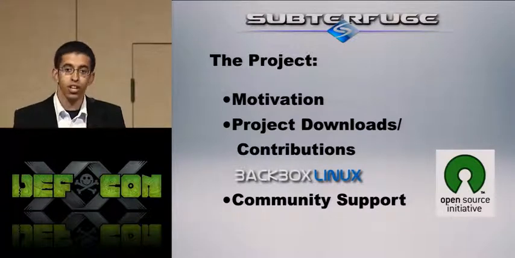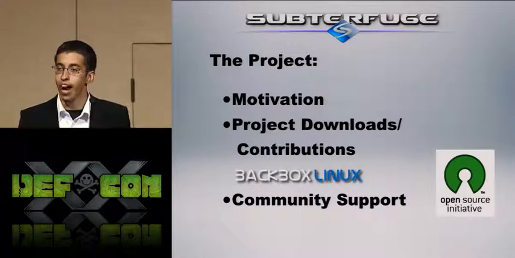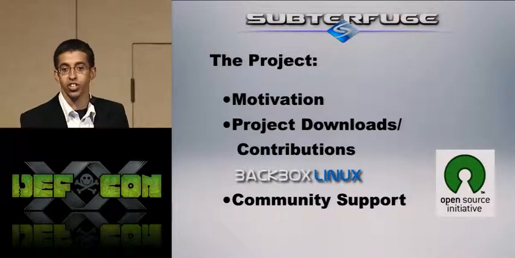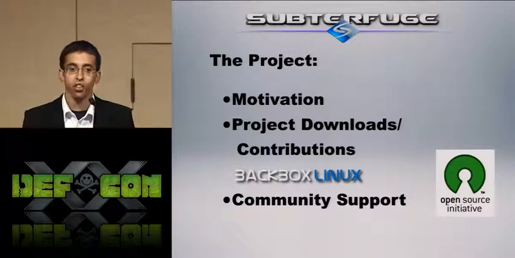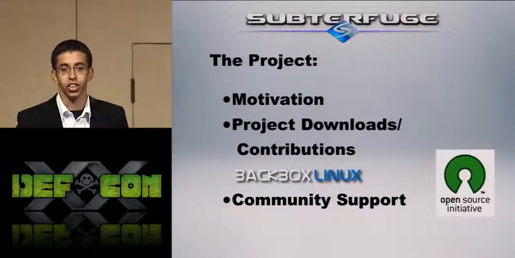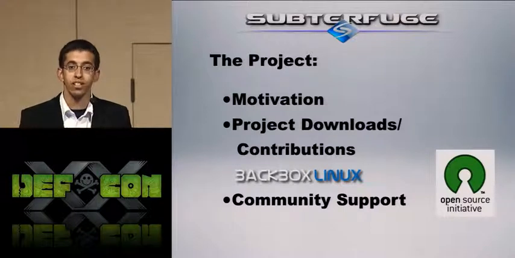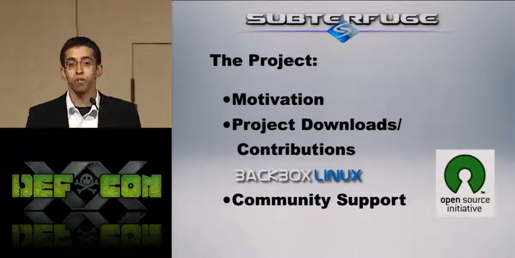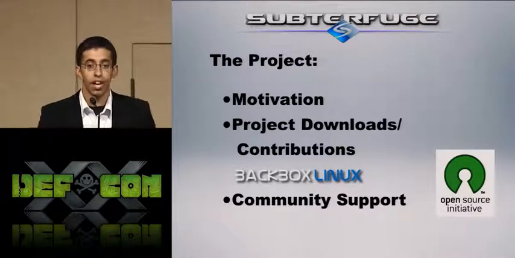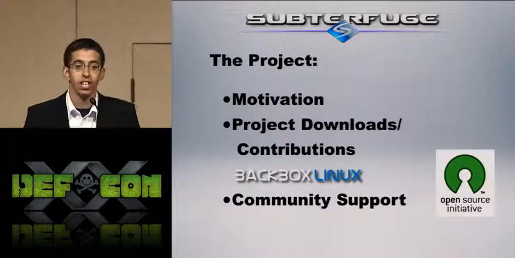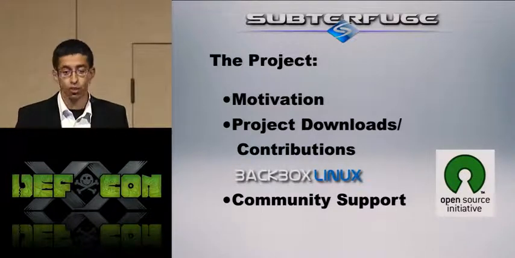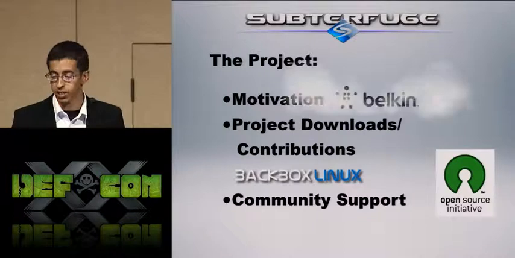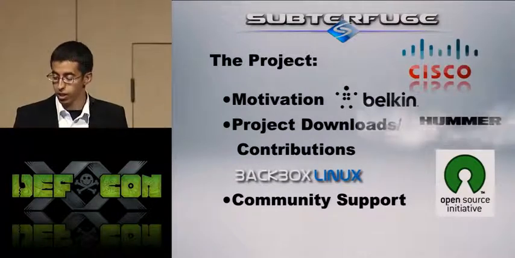So Subterfuge makes it obvious to anybody, no matter how tech savvy or non-tech savvy you are, just how vulnerable on the network you are and exactly what you're getting. So rather than just, oh, somebody's man in the middle, he's seeing my traffic, what does that mean? We actually display, here's what you got, here's something else you got, there's a real risk, and here's the threat. So hopefully that's going to make consumers demand some kind of protection in their routers. And those protections do exist. Router companies just haven't given them out to consumer level routers. So hopefully when consumers start demanding that, router companies like Belkin and Cisco and